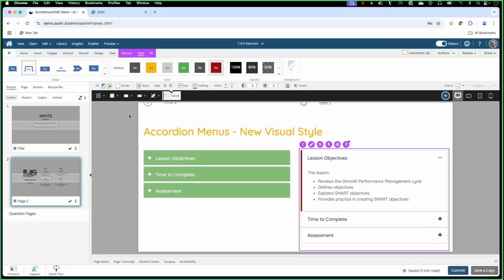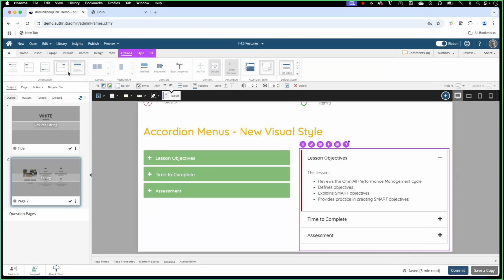And in fact, one of the secrets, I guess you might say, about our accordion menus is that they are also functionally the same as a tab set. So if you're working in responsive content, you might have a tab set on the page, and when the page becomes narrower, it can automatically change to an accordion menu to create a perhaps better learning experience for someone viewing the content on a narrow device, like a smartphone held vertically.